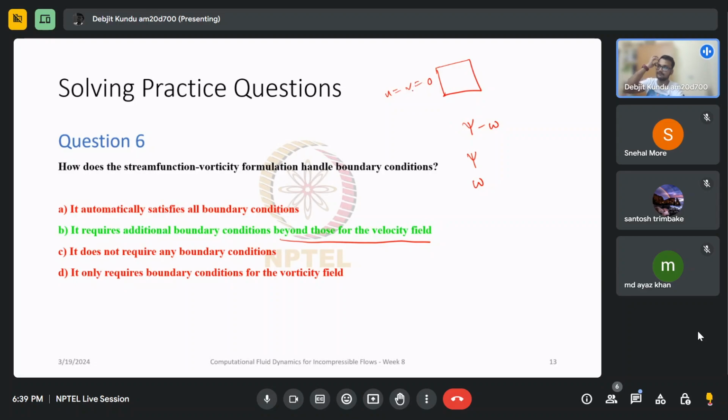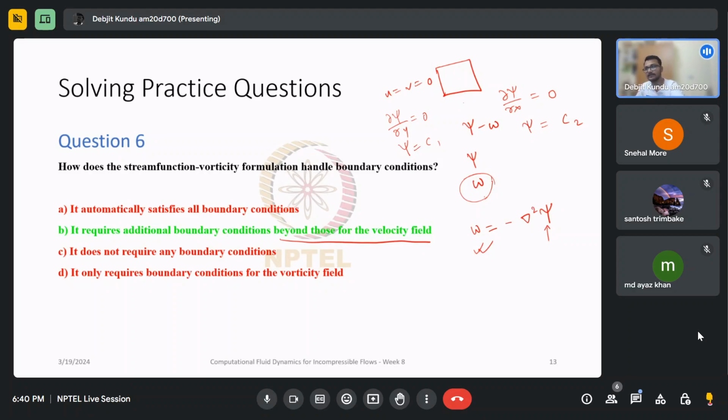So turns out if u is 0 in the vertical walls, then dou psi dou y is 0, and if v is 0 on the horizontal walls, then dou psi dou x is 0. From this, the value of psi can be calculated, some constant. And that is how all the boundary values of the stream function psi are found out. And similarly, you have to find out those values for omega as well. How that is done is we already know that omega is equal to minus of Laplacian of psi. If we know the value of psi at all the boundaries, then we can find out those values for omega as well. There are some simplifications, some little mathematical trickeries involved, but the bigger picture is that it requires boundary conditions